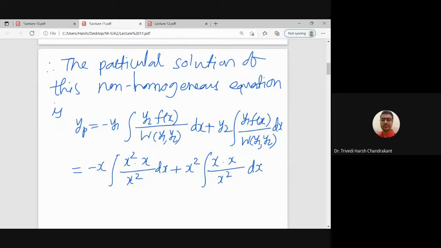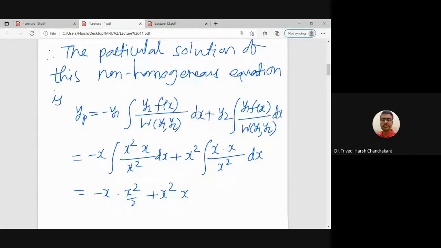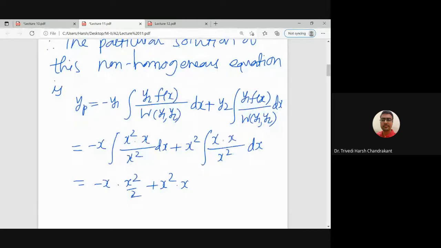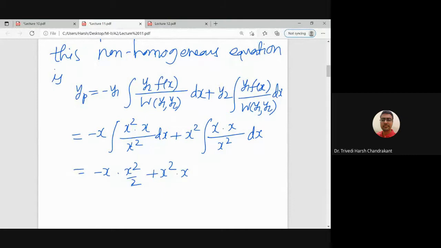according to this particular example, and now we know that some of these terms will cancel out. So essentially we shall get minus x and integral of x, so that is x square by 2, plus x square times integral of 1, so that is x, right? So now this is nothing but x power 3 we can take common, and 1 minus half, so that means half x power 3. That is our particular solution